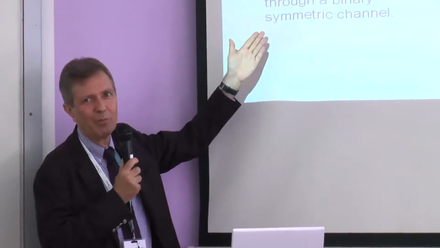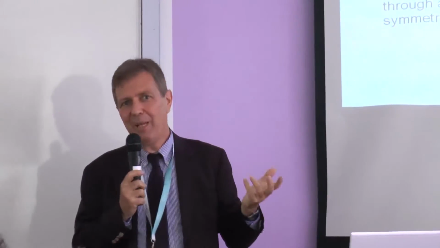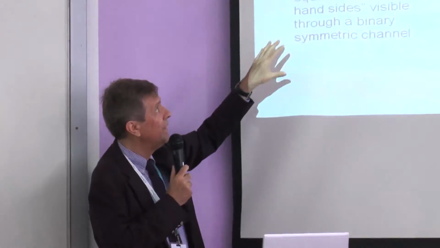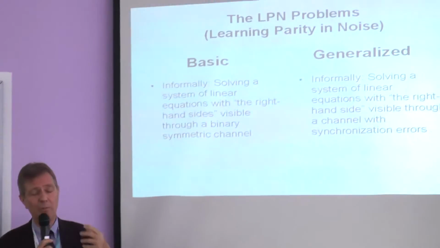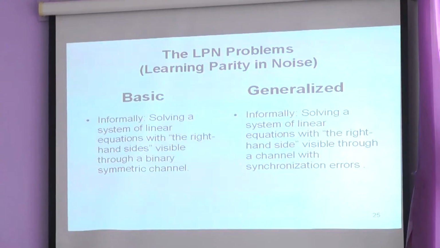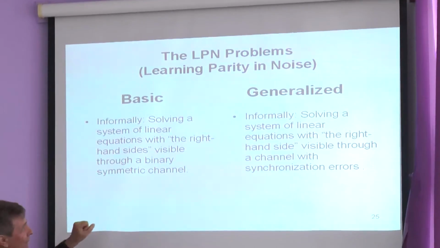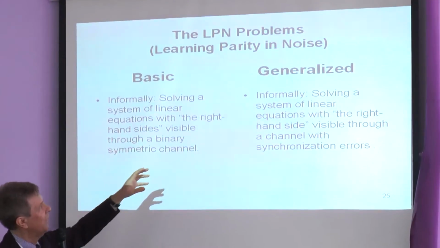And you will tell me, okay, if it is NP-complete, what should we talk about furthermore? But it is NP-complete just in the worst case. And of course, this is also the problem of decoding a linear binary block code. And we know there are many, many codes which are easily decodable. So this basic incarnation of the LPN problem has the potential to provide us with something which can be used for the design of cryptographic primitives which are provably secure. But it is just in the worst case.